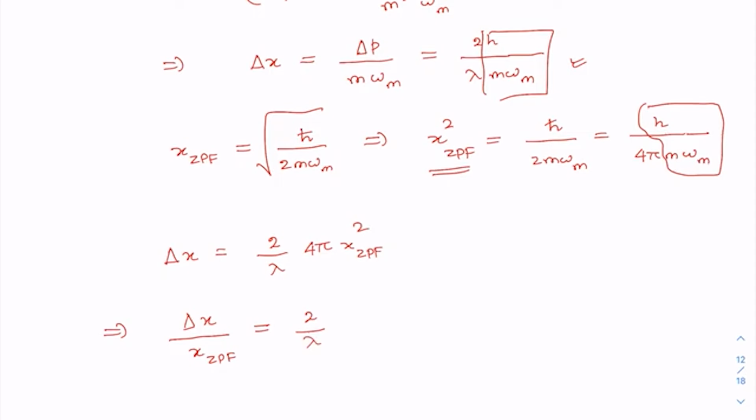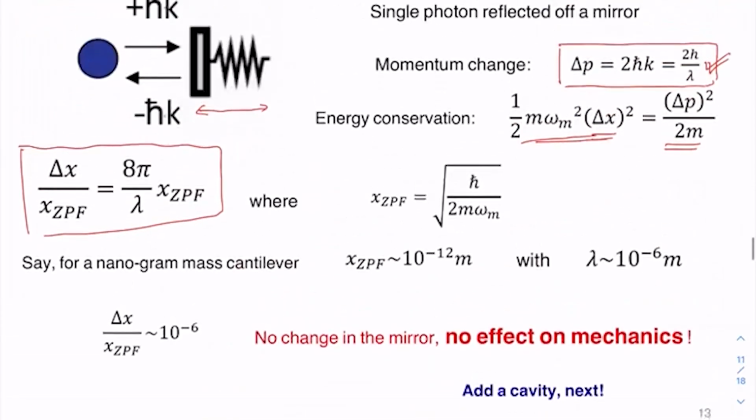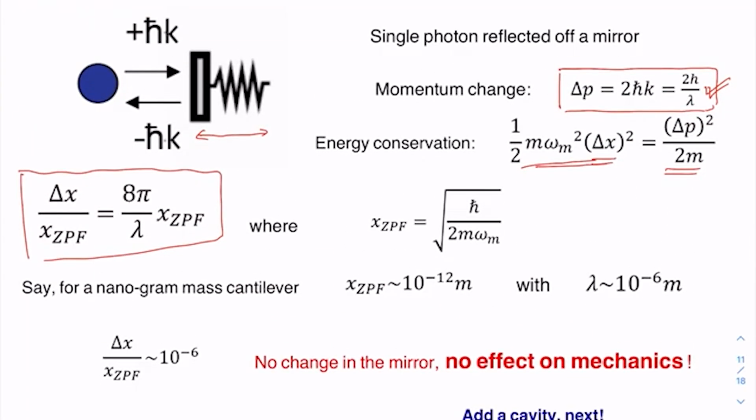In fact, I can write it as 8 pi by lambda times x zero-point fluctuation. So this is the formula we get when we have this setup. Now if this mechanical mirror, this movable mirror, has mass 1 nanogram, that means 10 to the power minus